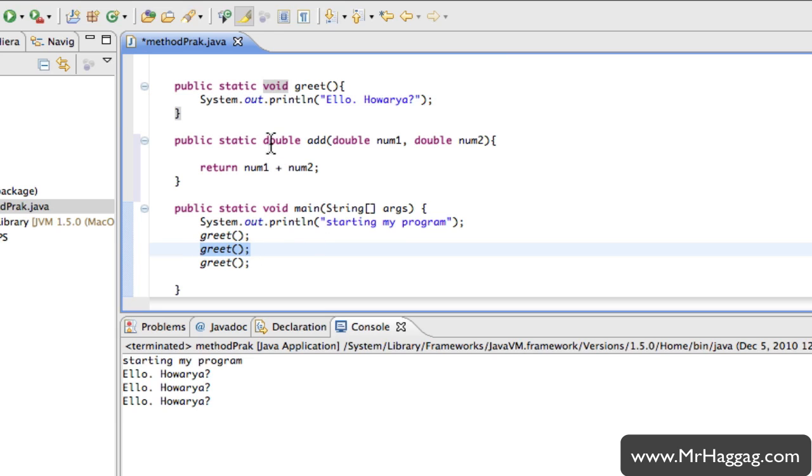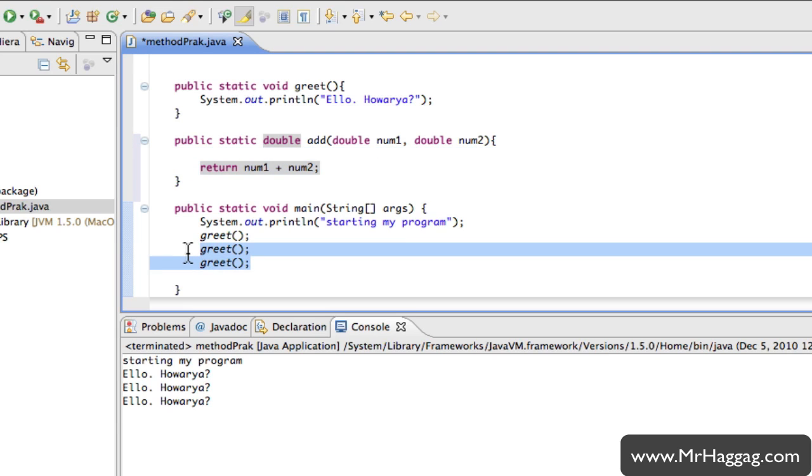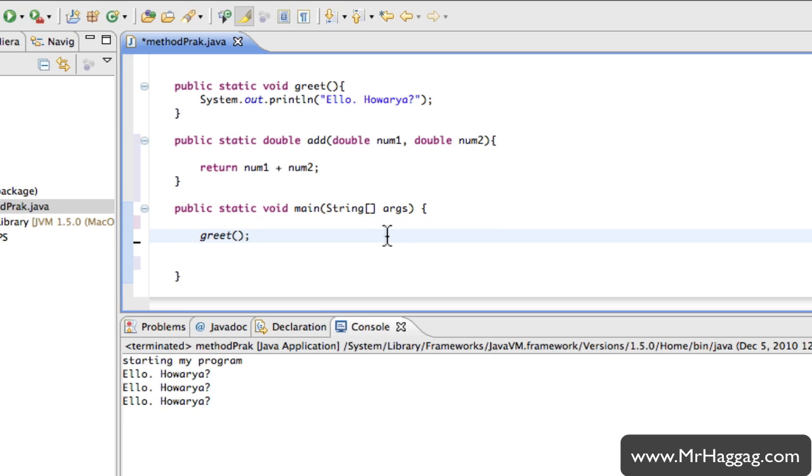All right. This one, however, says it returns a double, which means this method right here, when it's over, it's going to give back to whoever called it a double. And it might print it, it might not print it. But right here, inside of add, there's no printing going on. Okay, so let's see what happens. So let me erase this. So when I call